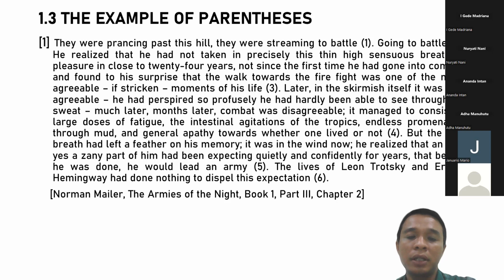As you can see, this is an example of a part of prose, especially in English. The meaning is quite difficult to understand, but